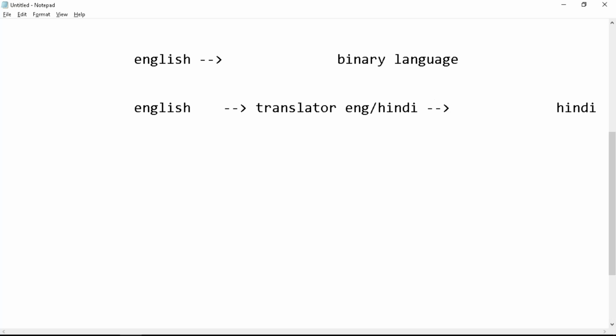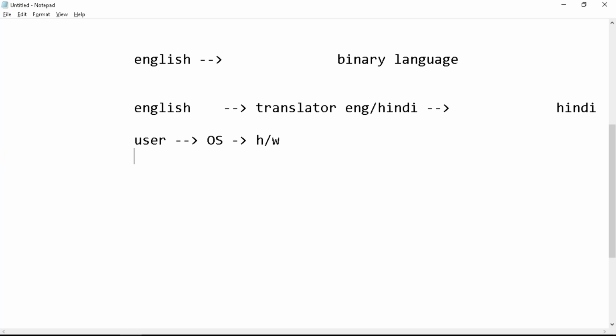So when I talk to this guy in English, he translates to this guy in Hindi, and when he responds back, again he'll translate to me in English. So basically, that is the job of a translator, right? So if I replace this analogy with software, there is a user, there is an operating system, and there is hardware. So basically, operating system is a set of software which is like an interface between the